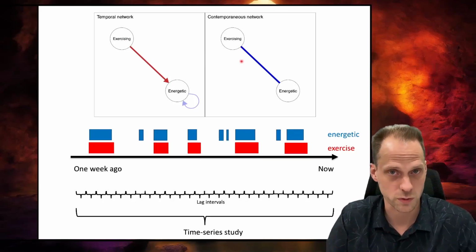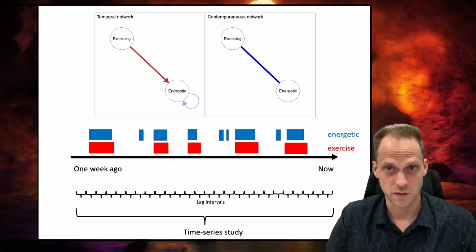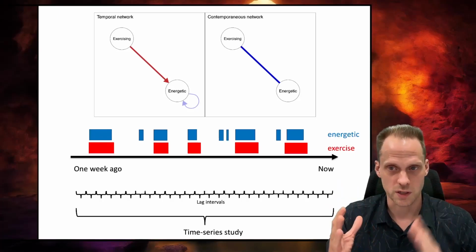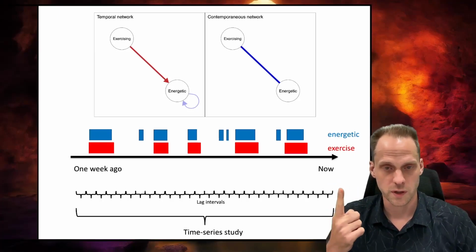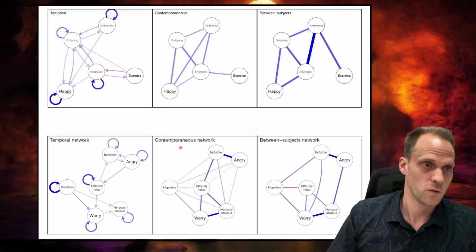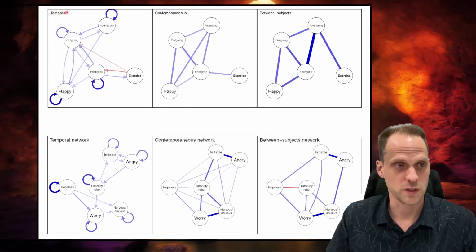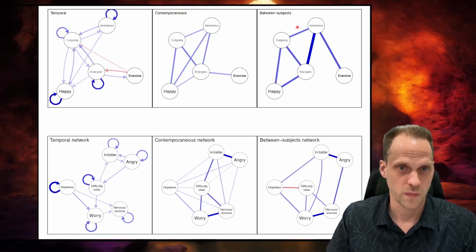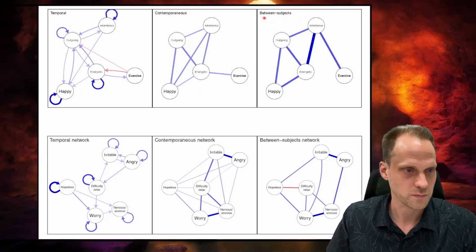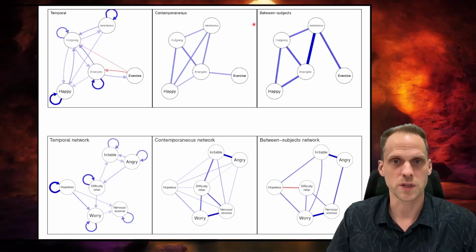So that's what we can do with more than one time series data, we can actually separate all these things. And we no longer get one network. We no longer even get 2 networks. We get 3 networks that we can look at. A temporal network, and we can get one per person even. A contemporaneous network, so this is for the average person, with fixed effects, but we can also get one per person. And a between subject network. And all these things can be useful, and they can also tell me something different.